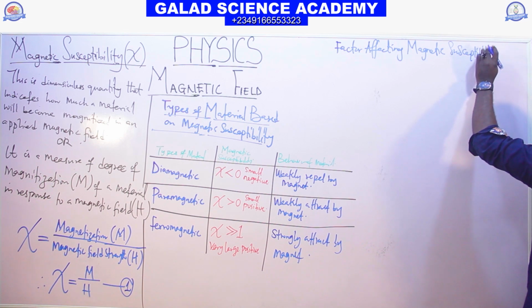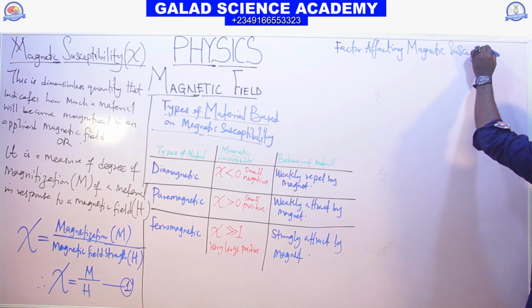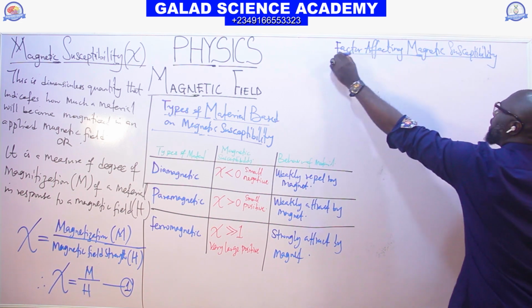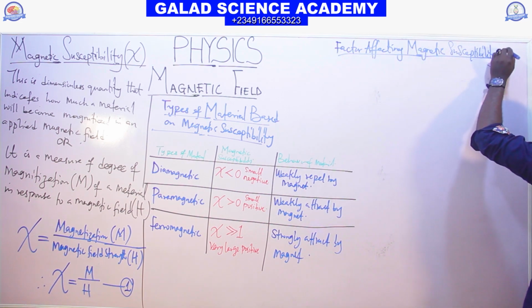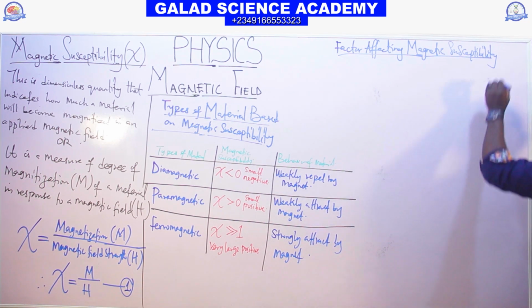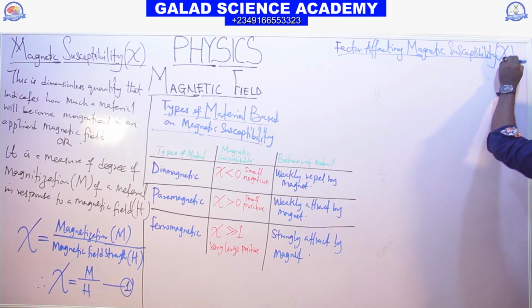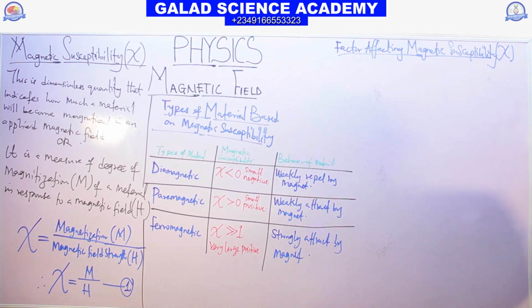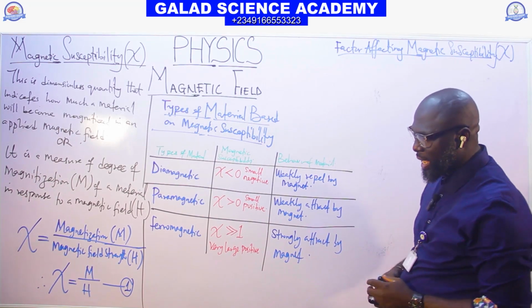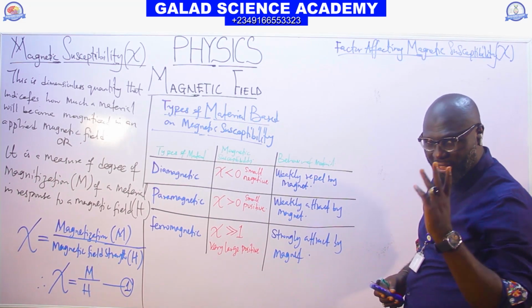Susceptibility. This is a symbol. So the magnetic susceptibility of a material can be affected by 3